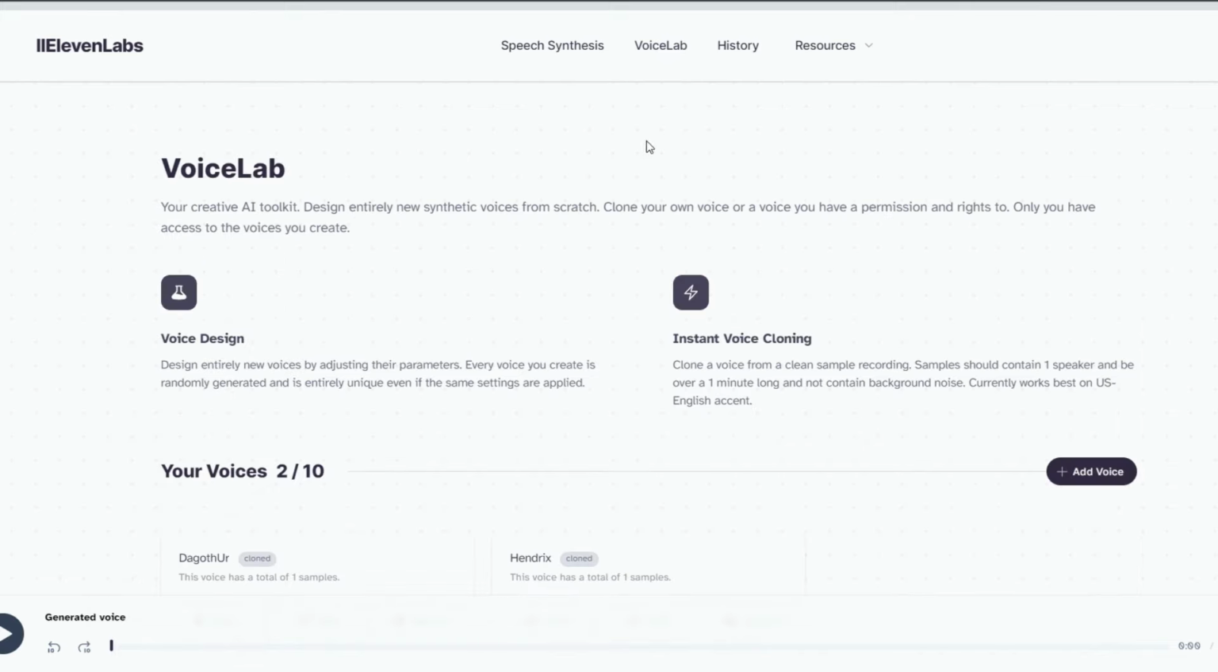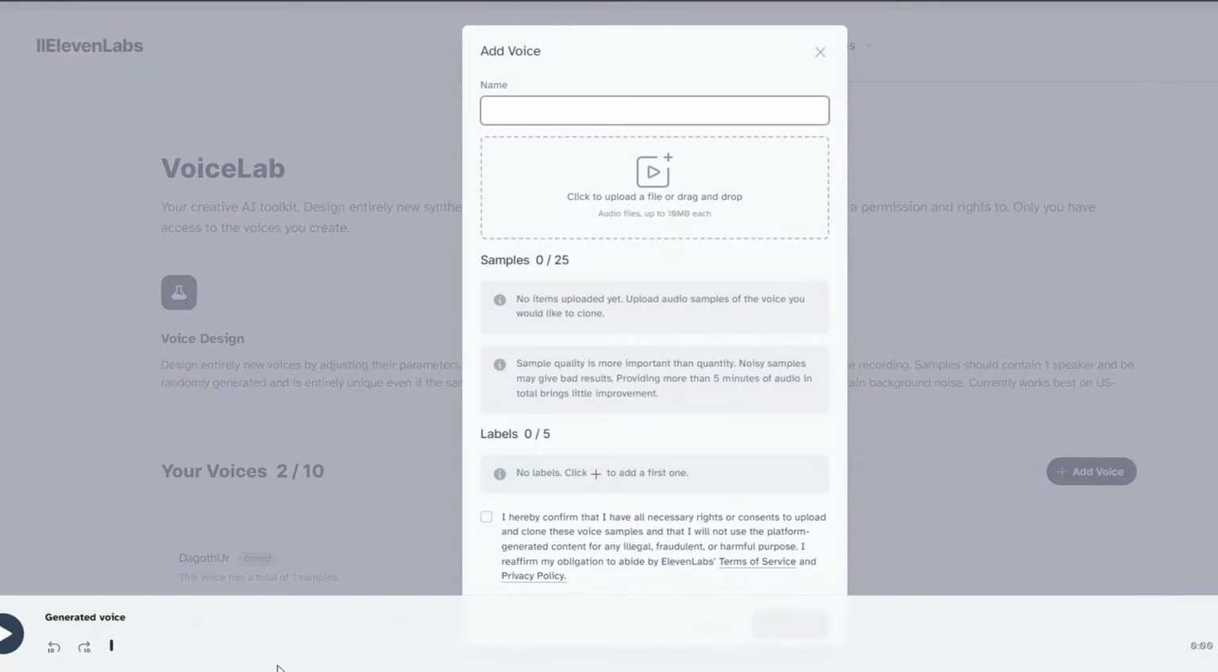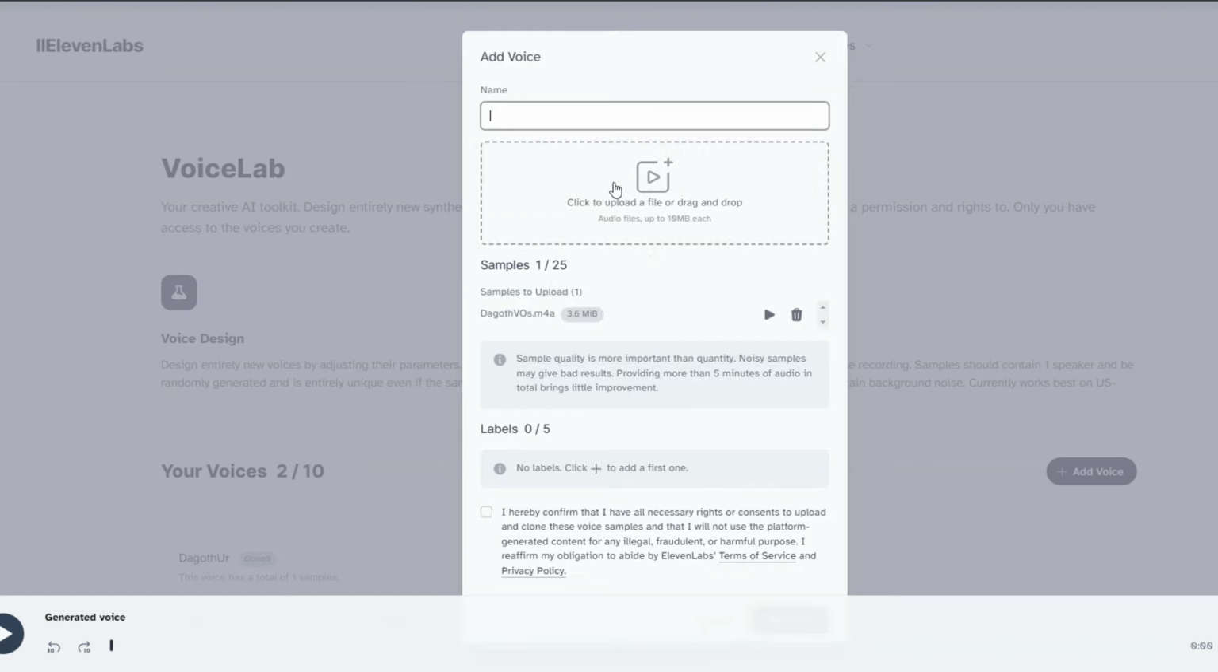ElevenLabs allows you to use AI to create AI voiceover dialogue. It's simple to use and allows you to make all kinds of voices. For instance, if you want to make a Dagoth video, it's best to get a minute of original audio. For best results, upload audio with no background noise or music, and it helps to create a script using keywords